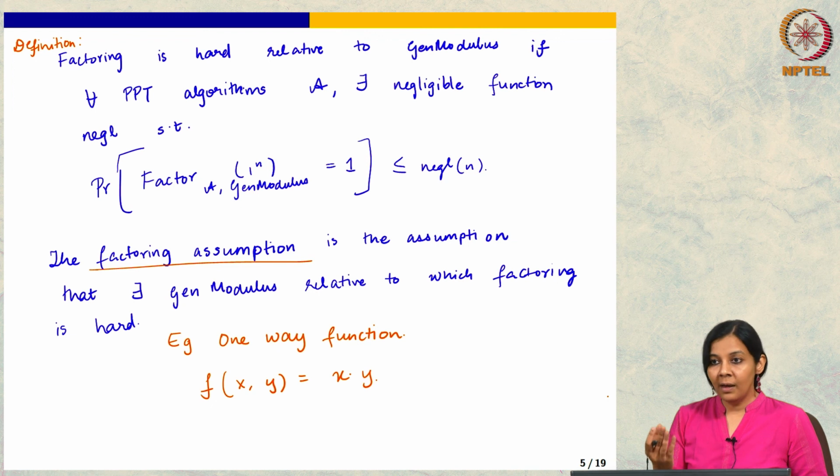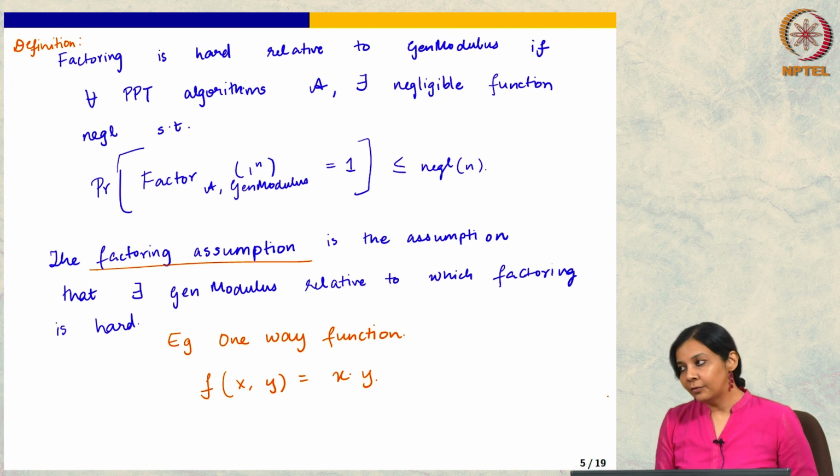But one of the things that can be shown is that recovering the decryption key or the trapdoor for RSA is as hard as factoring. There is a very cute proof for that, but maybe I will just refer you to the book and not go into it too much in class. It will not be relevant for us.